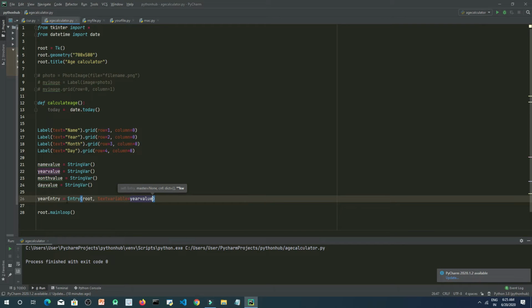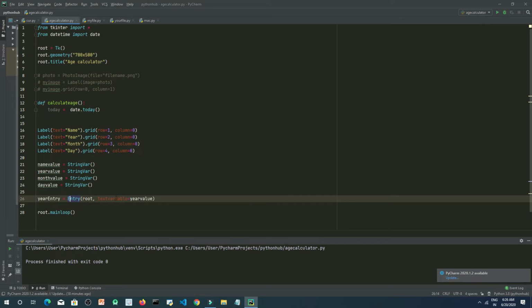Actually we have defined the entry widget inside which we will take entry of the year value, that is the year entered by the user. Okay, which we are storing inside the year value variable, which is of string type, right? So now this is actually year, this is for year. Okay, and for others we need to take for others as well.